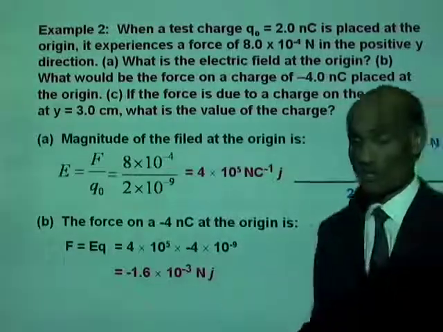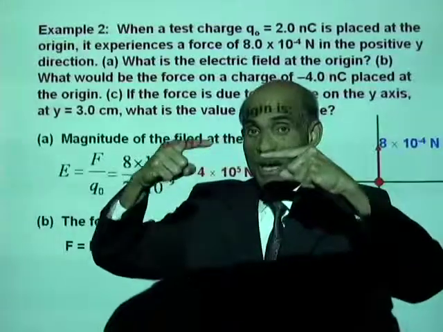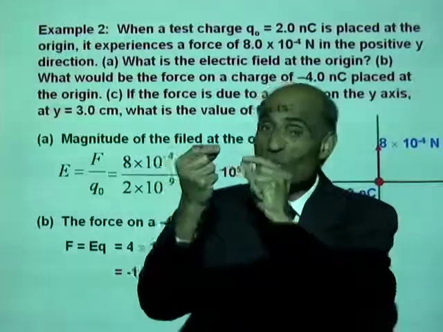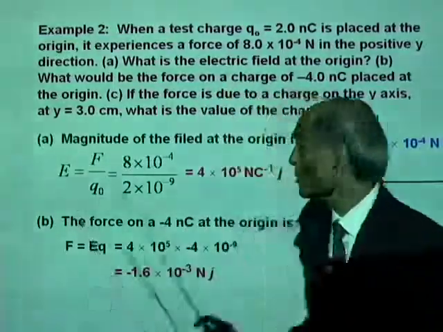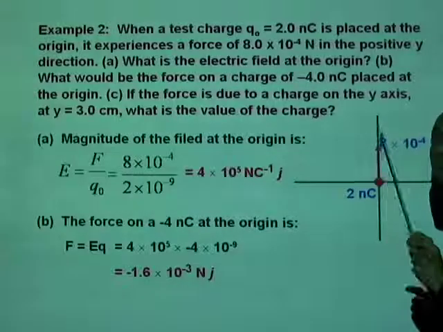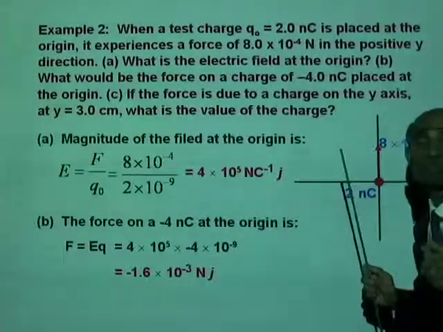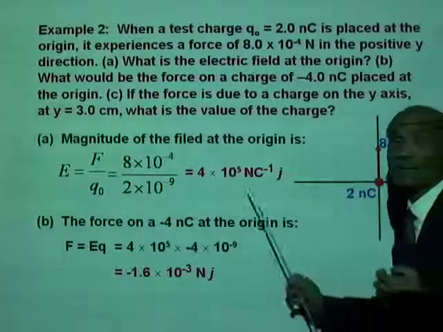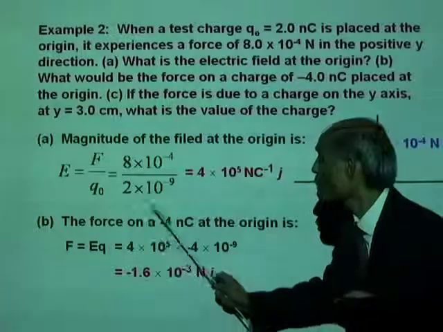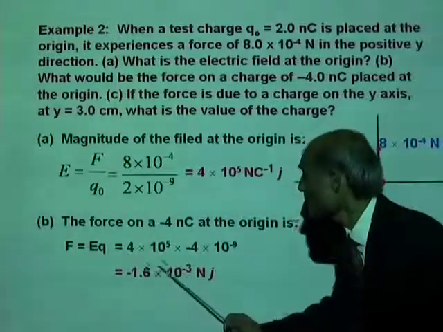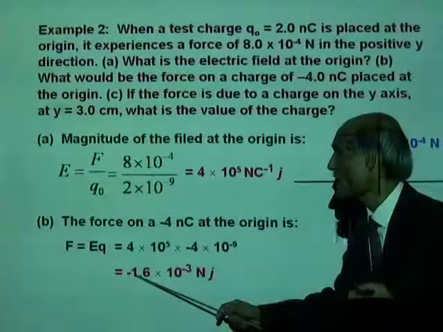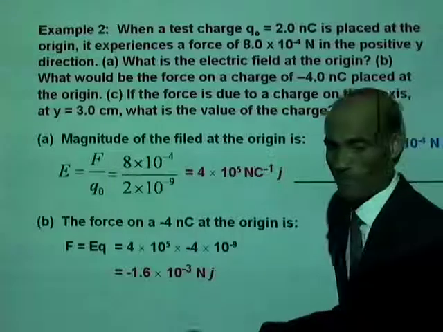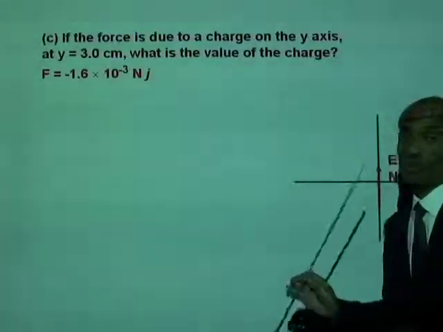So a negative charge. Now, if I have an electric field directed this way, a positive charge will move in the direction of the electric field. A negative charge will move opposite to the direction of the electric field. So, if a positive charge experiences an upward force, a negative charge will experience a downward force. I hope that is clear. So, if you now place a charge of negative 4 nanocoulomb here, it will be the electric field multiplied by 4 nanocoulomb. That is 1.6 times 10 to the negative 3 Newton in the negative y direction. Right. So, we have now removed